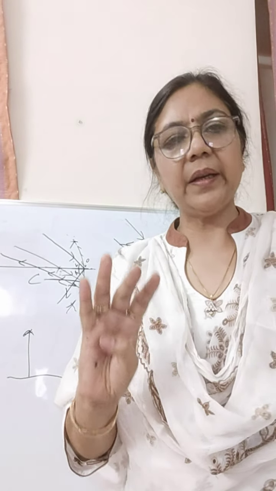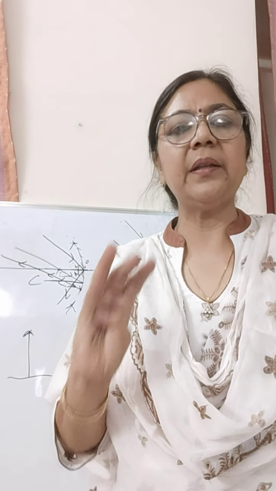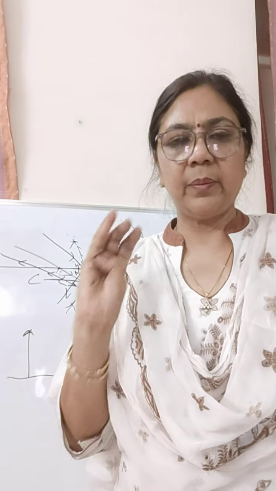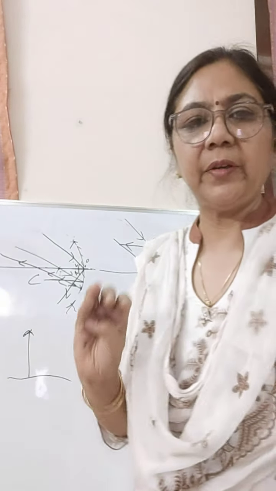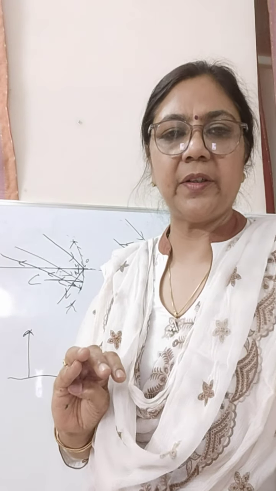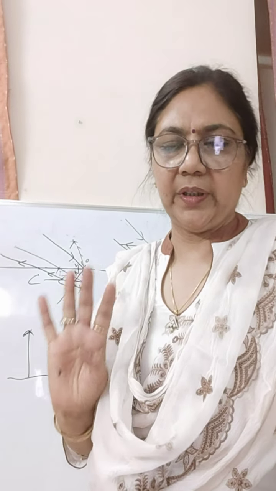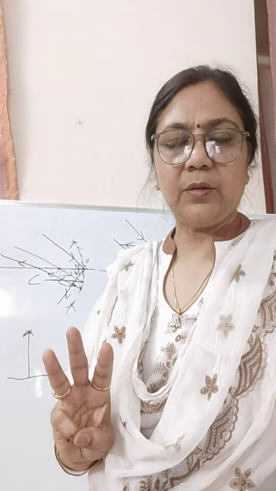In rare cases we can take the 4th rule, but it is difficult to draw, and sometimes it does not give you the correct result. If you draw it properly, it will give the correct result also, but generally we avoid that 4th one. So what are those 3 rules?